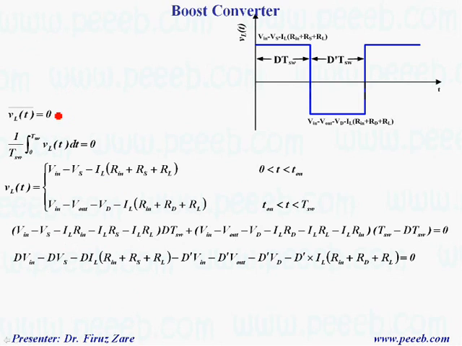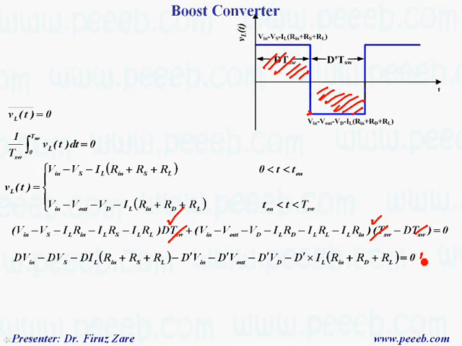Same scenario for inductor voltage. The average voltage across the inductor over one cycle should be 0. That means this area should be equal to this area. So a simple way is to find this area, which is this magnitude times D Ts, which is given here, and this magnitude times D' Ts, which is given here. When we simplify that and remove Ts,